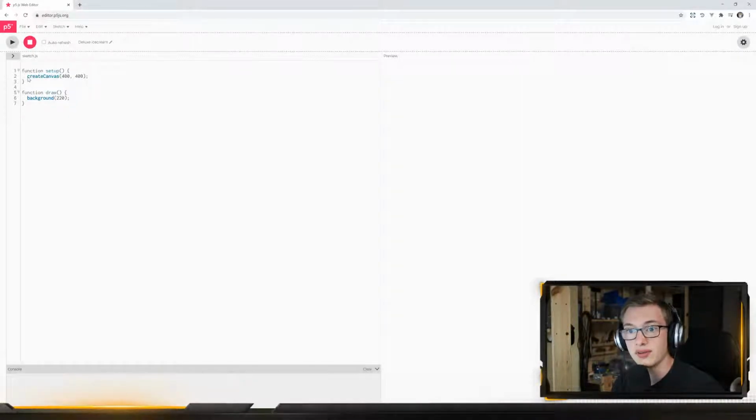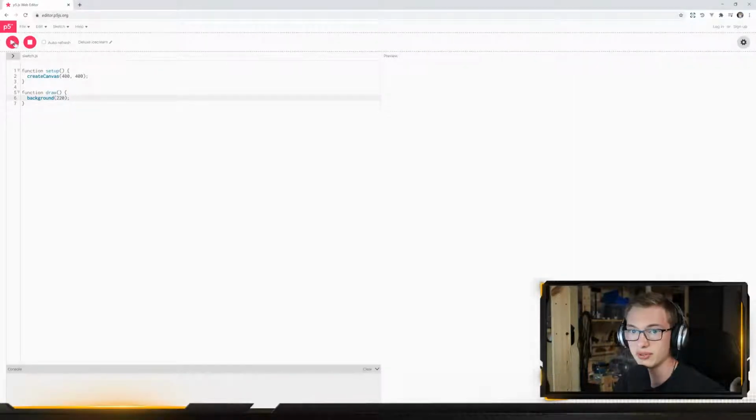And you have this canvas, which is currently initialized with a 400 by 400 pixel size. And like in Arduino coding, you got a setup function and a loop function, which is called draw here. In the setup function you do things once, and in draw you do it in a loop forever until the program is